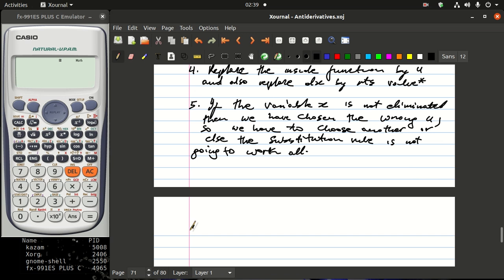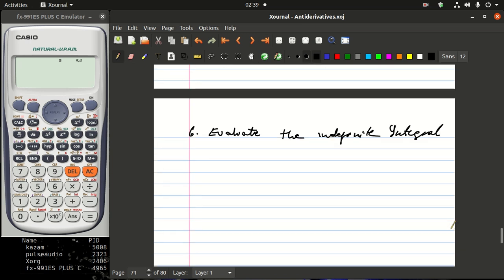And then the sixth one, evaluate the indefinite integral. So we want to evaluate the indefinite integral in terms